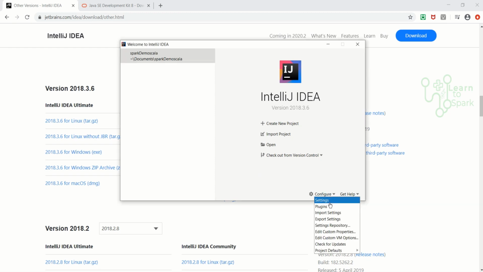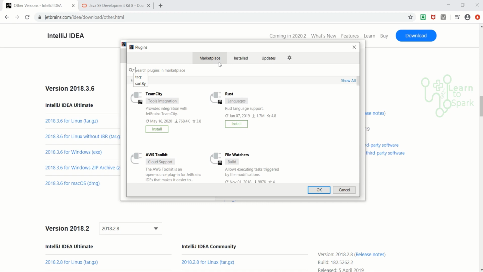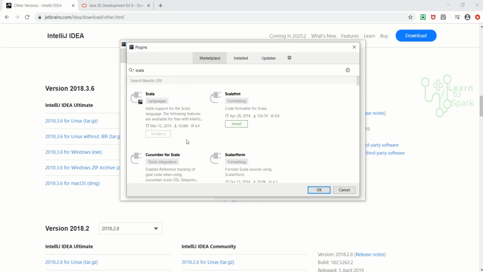It will be a plugin. Go to Configure, then Plugins. Inside this, go to the Marketplace tab and choose Scala. Since I have already installed it, it is showing as installed.